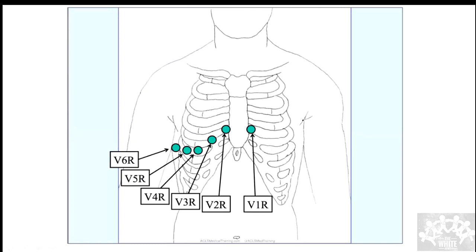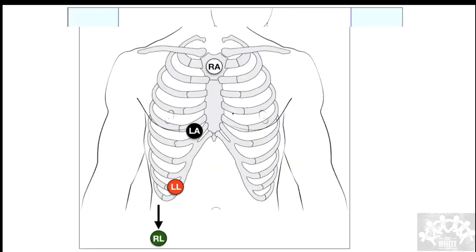These are the right-sided leads, named V1R, V2R, V3R, V4R. Exactly how you place the left-sided leads, place them in the same intercostal space on the right side. Their importance is that you look at V4R or these right-sided leads to diagnose a right ventricular myocardial infarction, RVMI. That is when you use these leads.